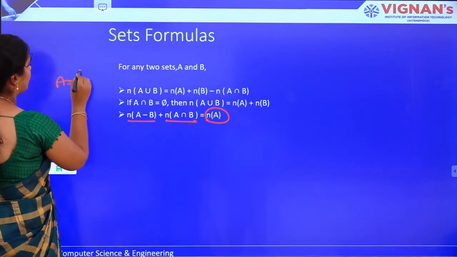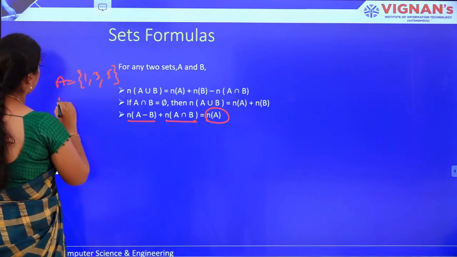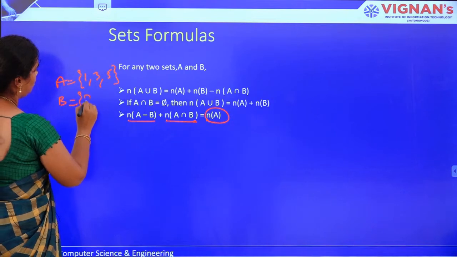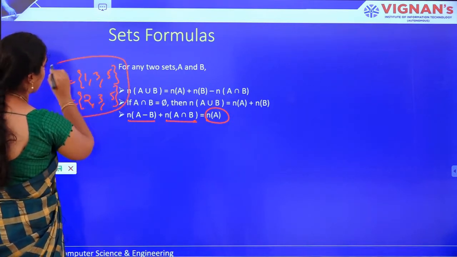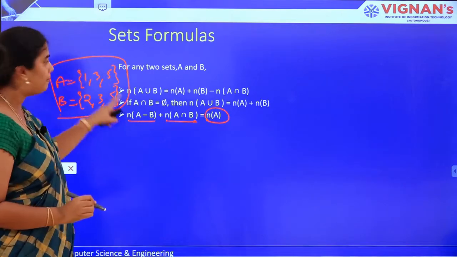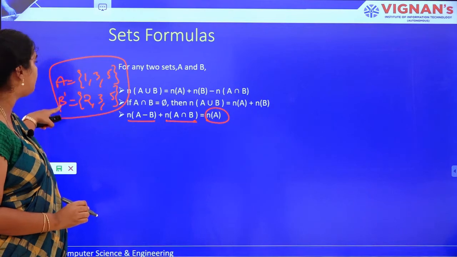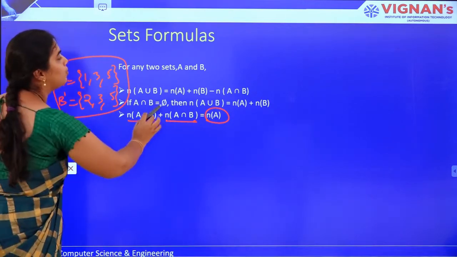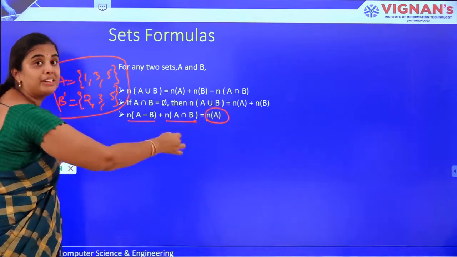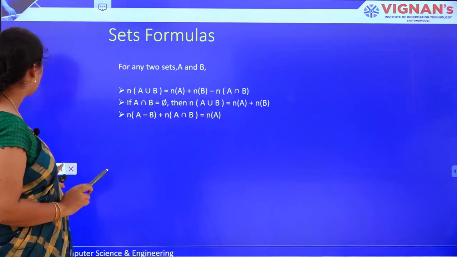You take this as an assignment. I will give you these sets. Suppose A equals 1, 3, 5 and B equals 2, 3, 5. These are the two sets which I will be giving to you. So, perform all these operations among these two sets A and B, and you will be deriving the results which are mentioned over here. So, just take it for practice purposes and solve it.